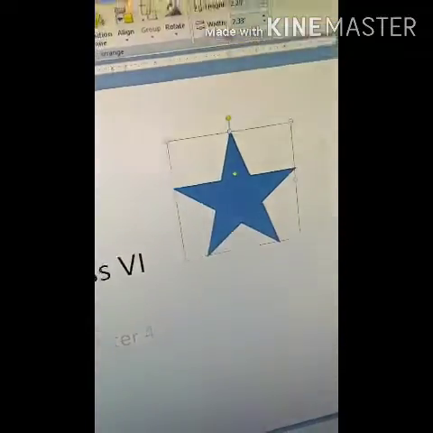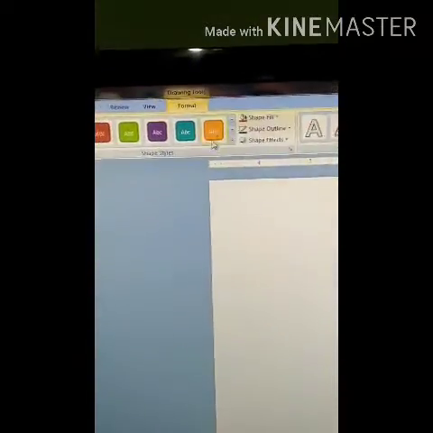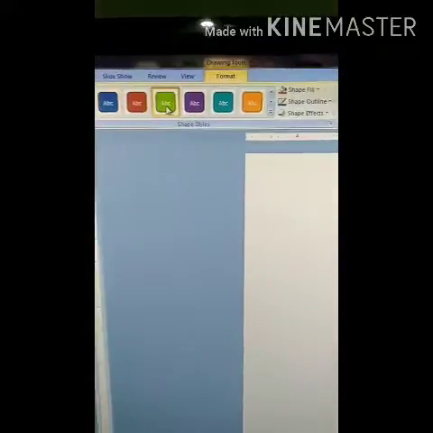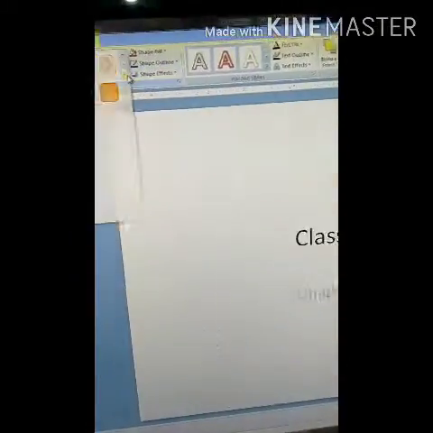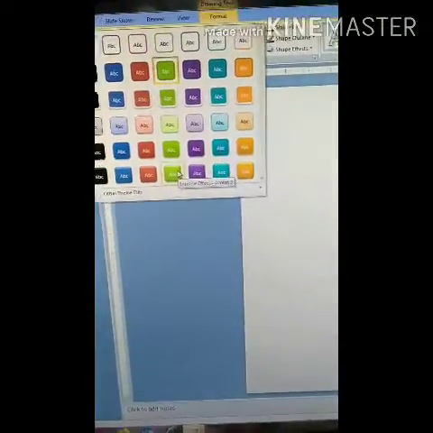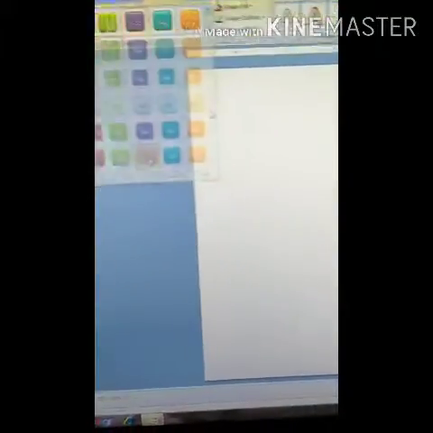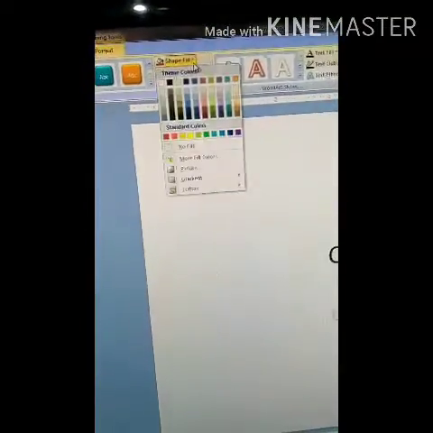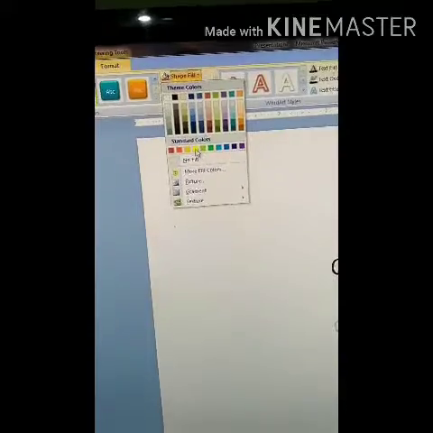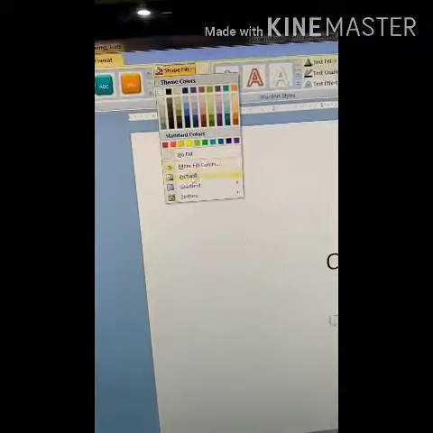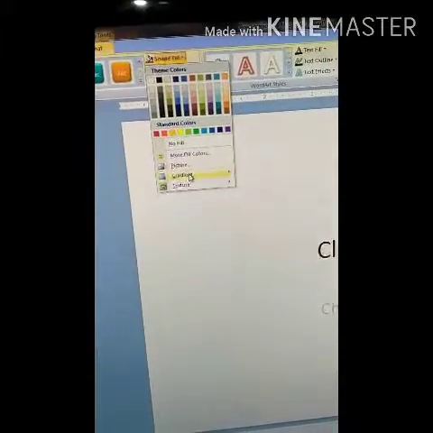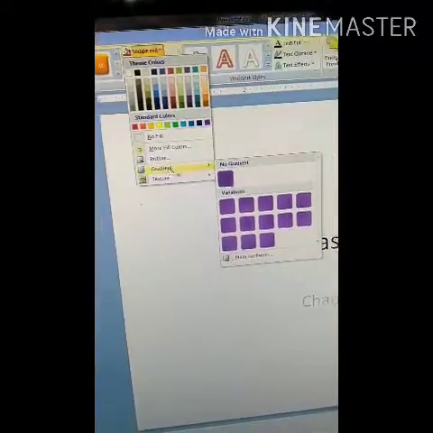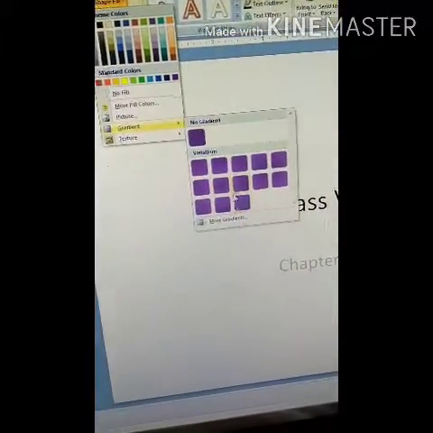Double click on this, then all the star's properties you can see on the top. I am giving one attractive color in the star, a 3D effect, and we can set a picture or gradient also. I am giving gradients also.